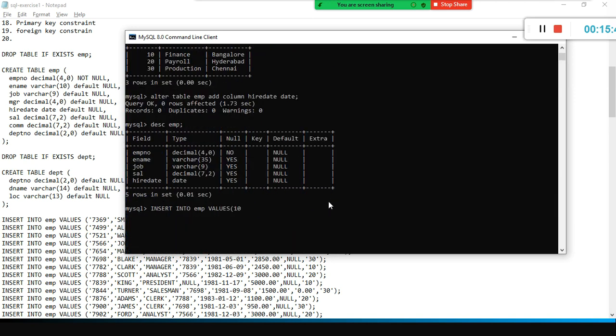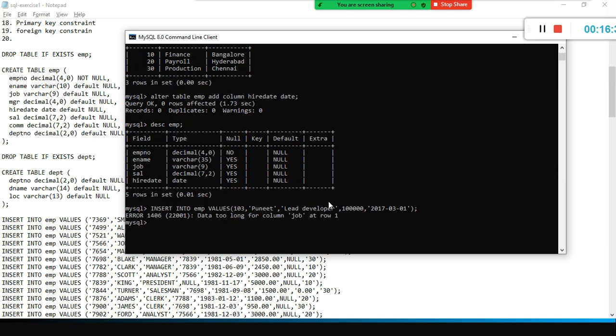So now I am going to give 103, and I say Puneet is a lead developer, that is the job, and the salary is something like this. Comma, and say I'm going to make a mistake unnecessarily here. Intentionally I'm making a mistake here. 2021, and here hire date is 2017, March 1. See, this is the format for the date data type.